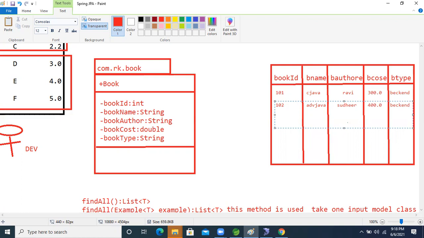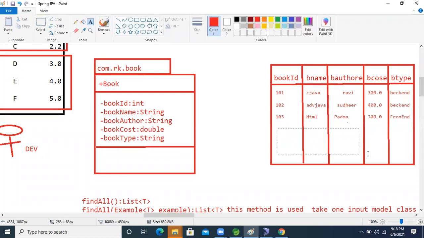So next one, another one more. I'm taking 103. Book name HTML, right? I'm taking the name Padma, right? So the book price I'm taking 200. This is a front end book. Okay, so fine now, guys.